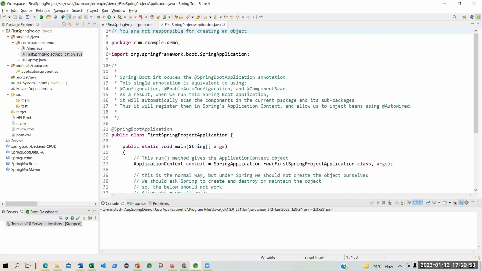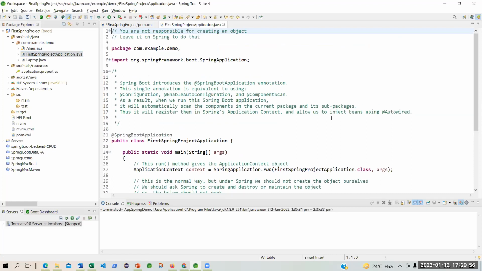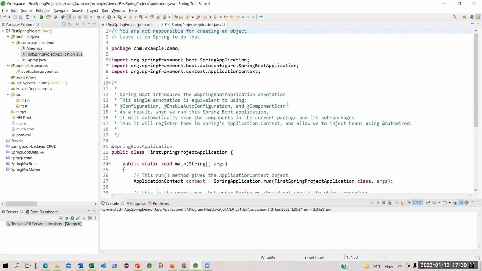Let me open this. In Spring Boot, as we have discussed again and again, you are not responsible for creating any object. Leave it to Spring to do that, right? Am I correct? Now, for any Spring Boot application or project, the first file created automatically by Spring Boot is the project name plus Application.java.